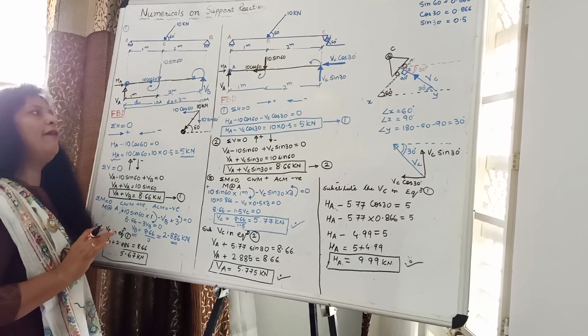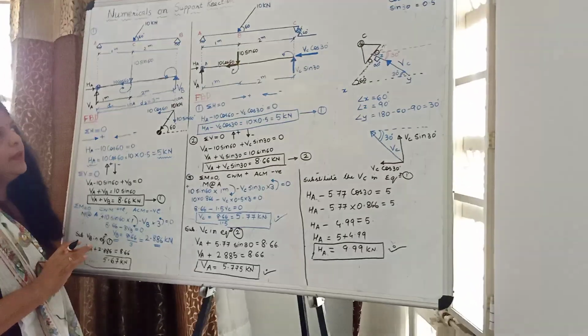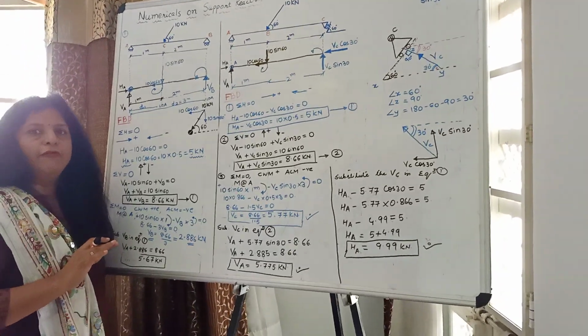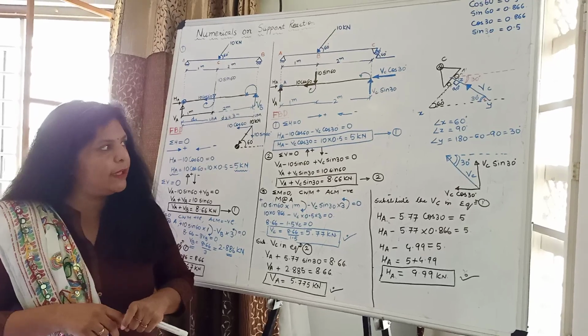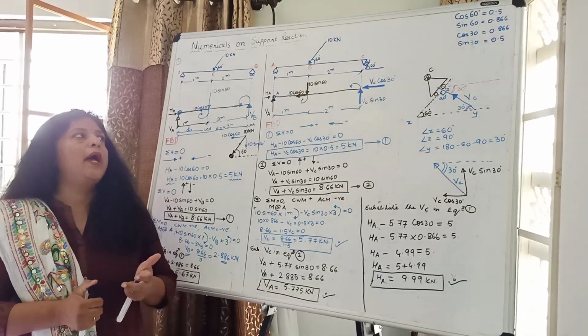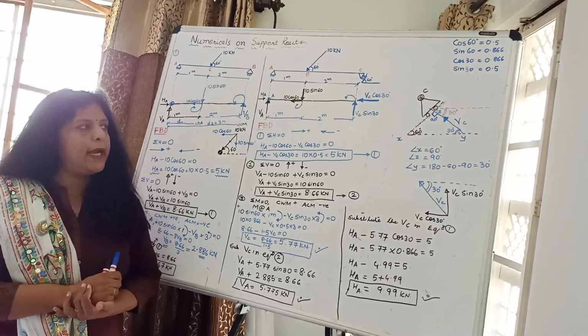So you can get the value of resultant RA. I think with this we end our lecture, and I hope you have understood how an inclined support can be split into two